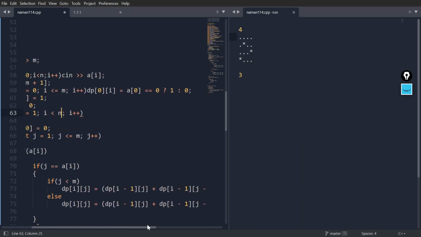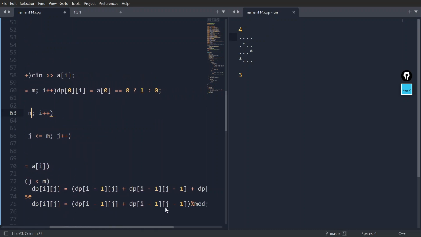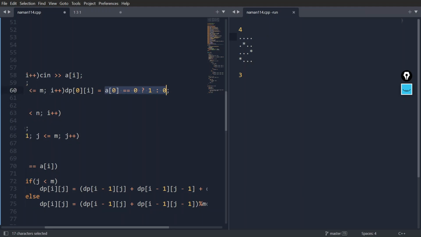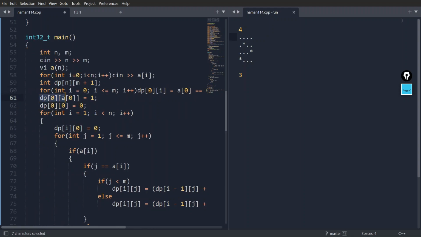I can't control it when it's happening. So dp[0][i] is equal to a[0] is equal to that. I don't remember the name of this. Oh yeah, the ternary operator. If I use the ternary operator, if a[0] is equal to 0, then I would be just initializing it with 1, or else I would be initializing it with 0. And if a[0] is non-zero, then I would be converting it to 1. Now, if it is 0, then we would say that dp[0][0] becomes 1. But in the next step only, I have done dp[0][0] is equal to 0.